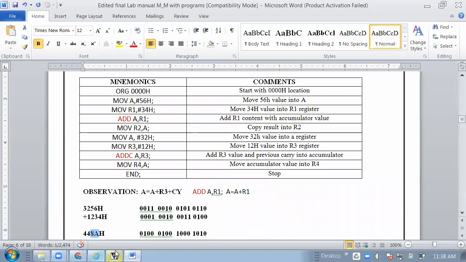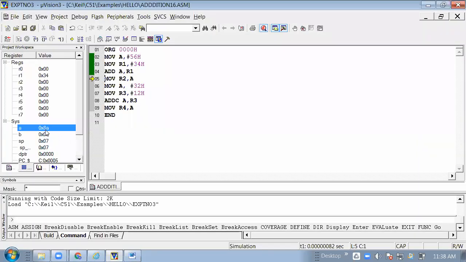So after this, what we are doing is this 8A will be transferred to the register R2. This is the instruction. You transfer this A to the register R2. So R2 contains the lower byte, or you can say the LSB, of your result. If I give F11, 8A goes to R2. So this result was stored into A, and again this A is replaced with 32. The A contained 8A, but you have to transfer this 8A value into R2. So 32 goes to the accumulator. See, 32.